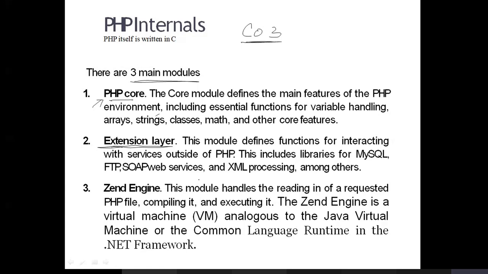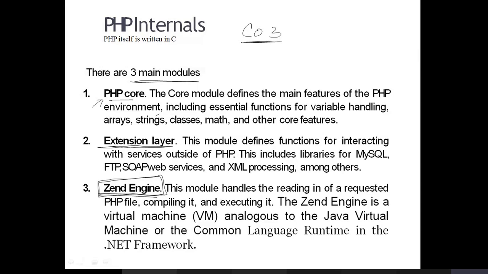The Zend engine is a virtual machine analogous to the Java Virtual Machine, the JVM, in the case of Java. Just as you use the JVM in Java, for PHP we use the Zend engine, which takes care of processing the PHP file, compiling and executing.